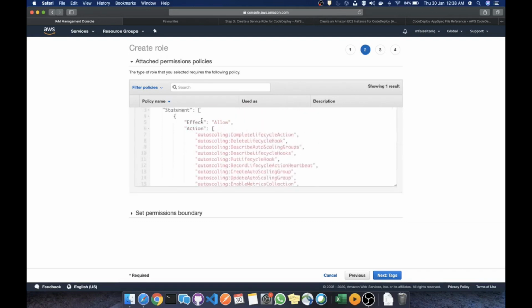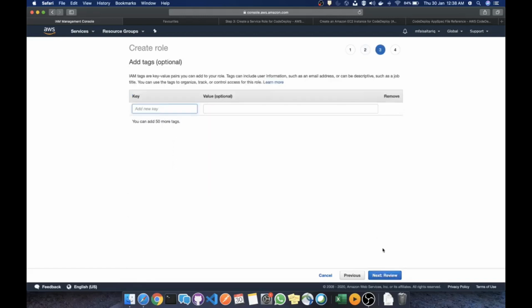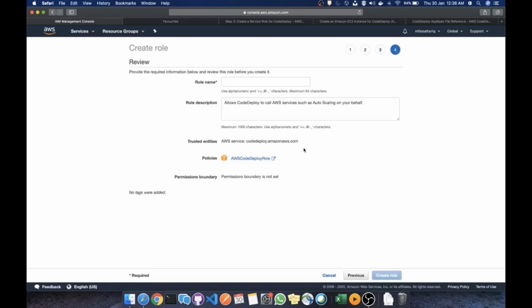So you can either modify it if you know what you're doing, or you can just go with the default setting. I'll go with the default setting and I'll click next,